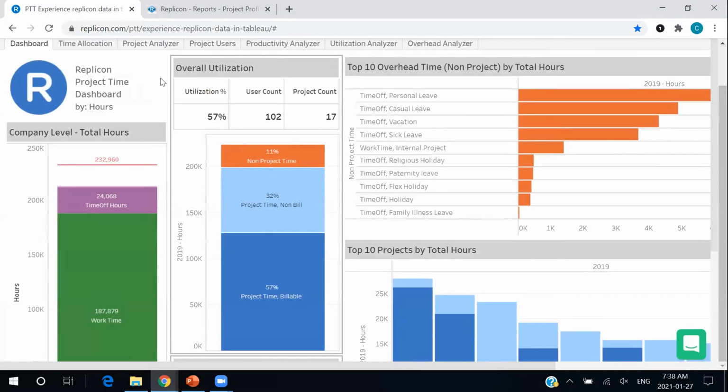So for that, we can connect to BI tools like Tableau, Google BigQuery, and Power BI. And if you have a BI expert at your organization, you can basically display this information in infinite amounts of ways. And if you don't have a BI expert, that is okay too, because we have these pre-configured workbooks that